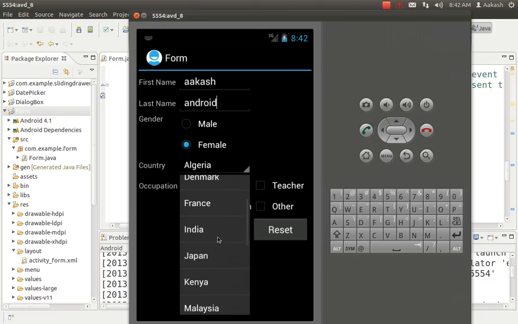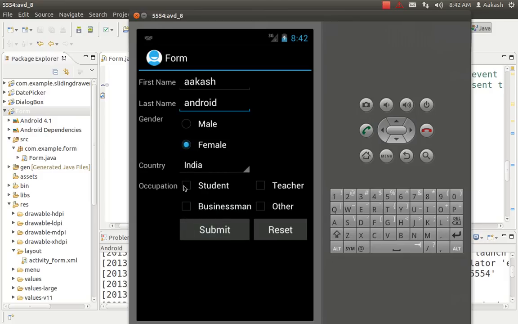We can go through the list by dragging it up or down. Select India here. Now these are the check boxes. We can select two options. So this is the difference between the checkbox and the radio button. Here we can select only one option, while here multiple options. Now we click on submit button. The form is again reset. So this is all about UI controls. Now we'll go to our next topic,